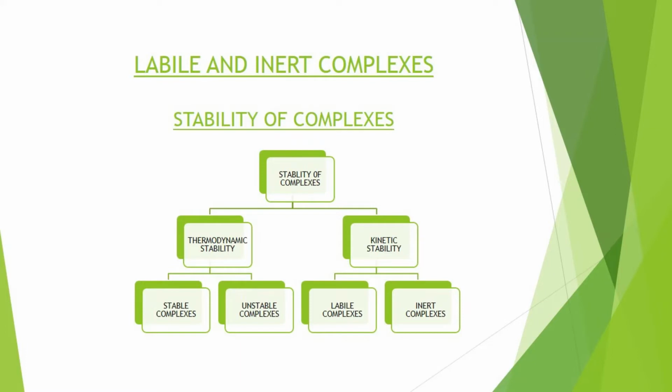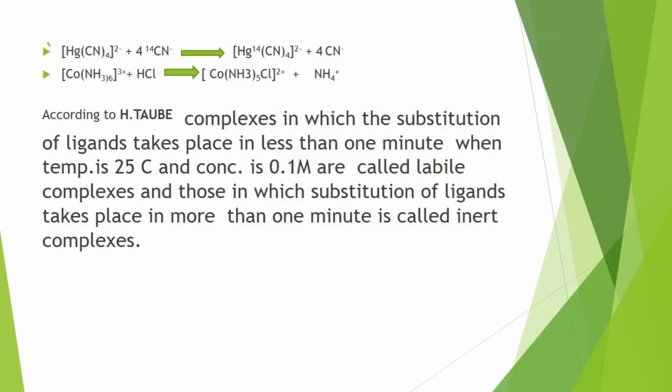Thermodynamic stability refers to the extent to which a complex will form or transform from one species to another under a given set of conditions. In the kinetic sense, a complex may be labile or inert. In the thermodynamic sense, a complex may be stable or unstable. But there is no correlation between kinetic stability and thermodynamic stability. Stability of complexes depends on the reaction energy, and the lability of complexes depends on the activation energy.